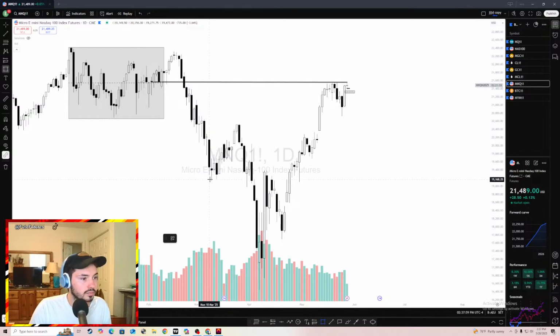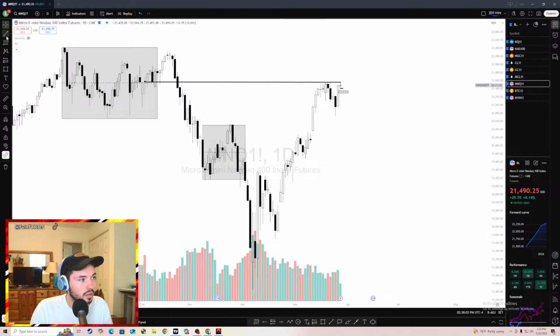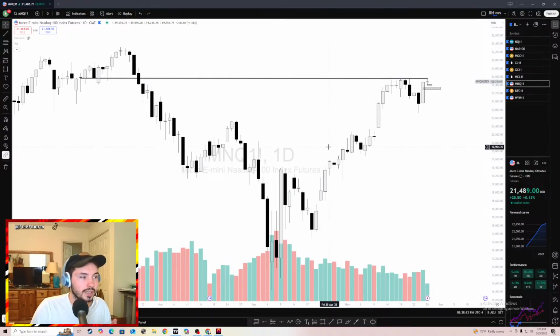And then again, look at the volume here. The volume here were buyers, but the buyers weren't really fighting that hard. So you can see how people might use volume here. But in general, I wouldn't trade this bearish.